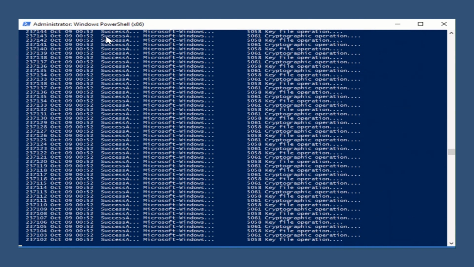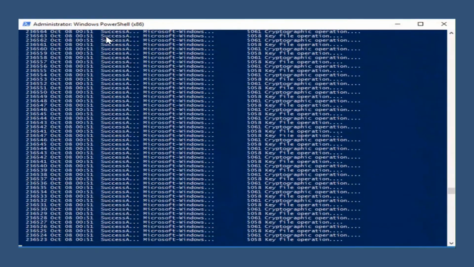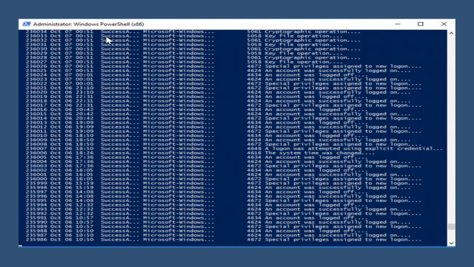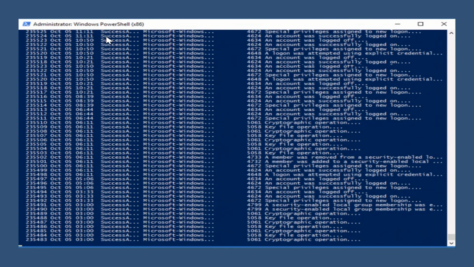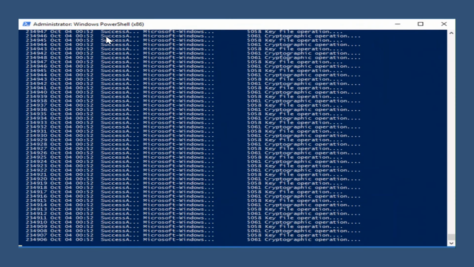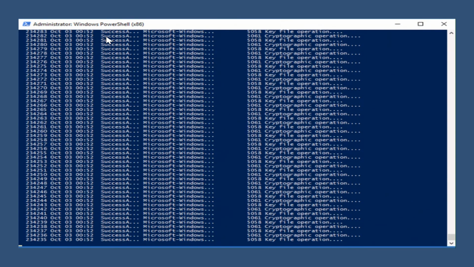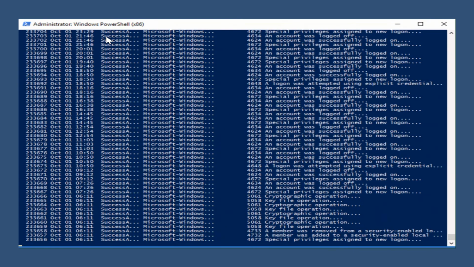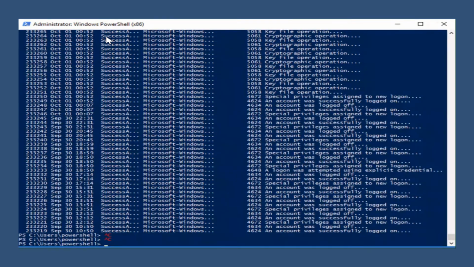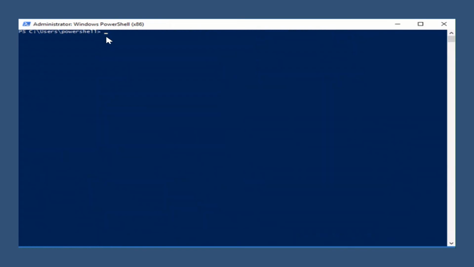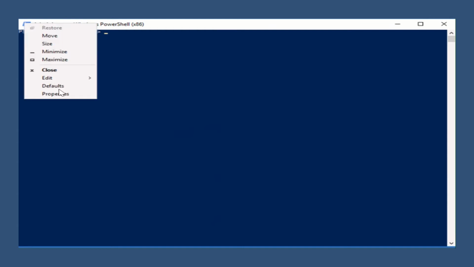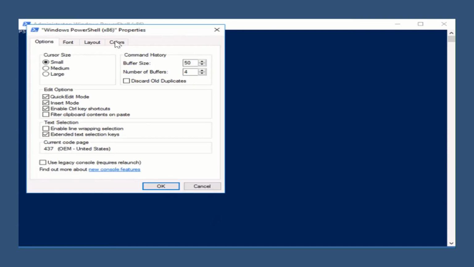To stop this we need to press Control C together. I pressed it twice already and I'm hoping it should stop soon. Let's clear it out, and now we can see how we can customize our shell.